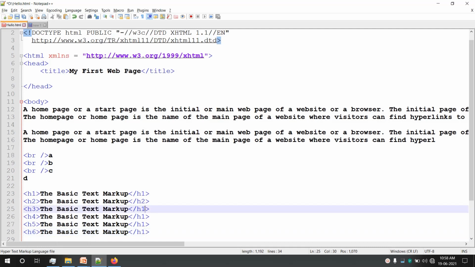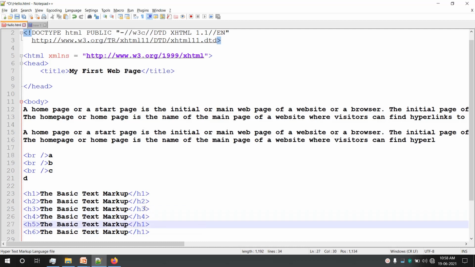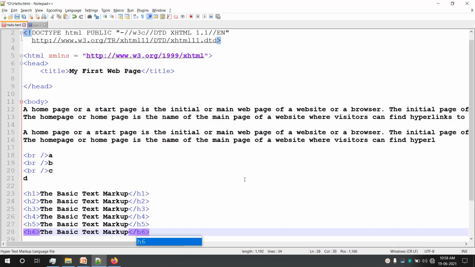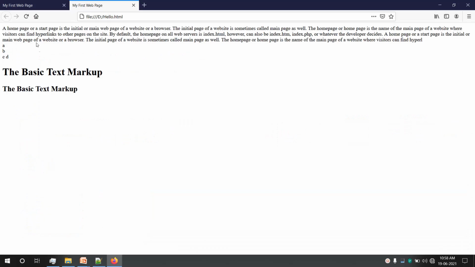Okay, so even the closing tags 3, 4, 5 and H6. So let us save this and execute. You can see the font sizes. This is the highest font size, H1, H2, H3.